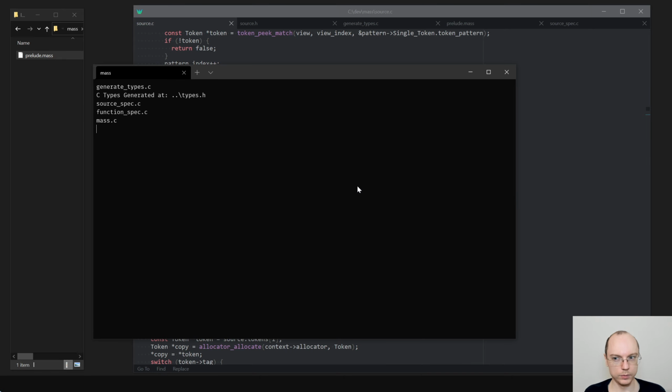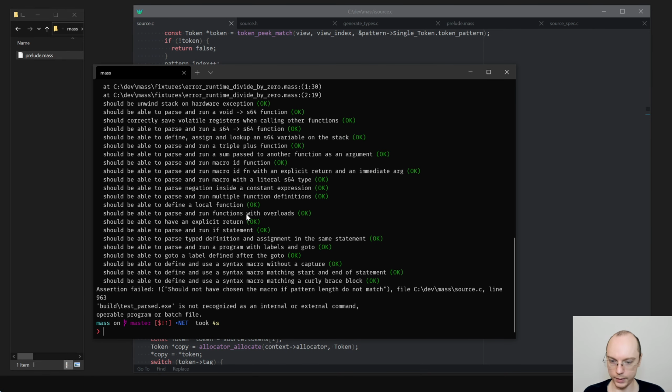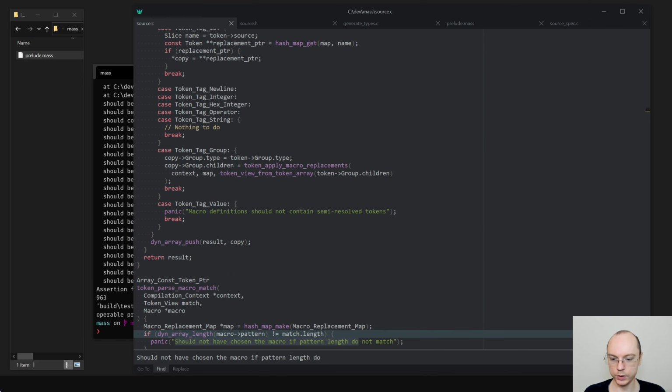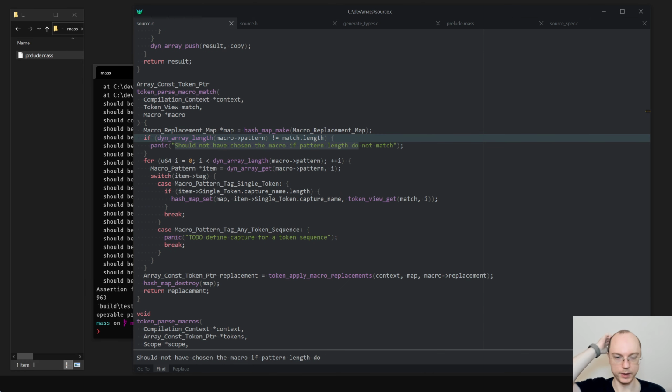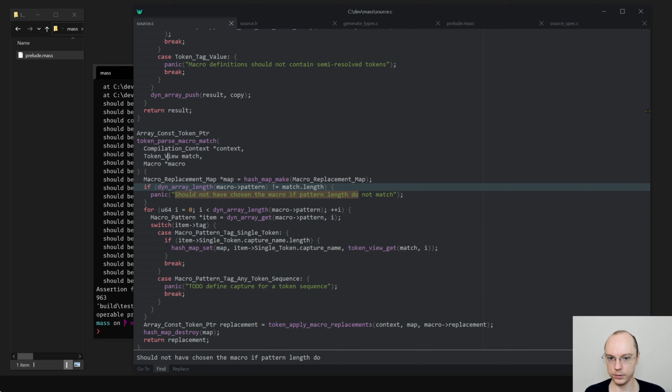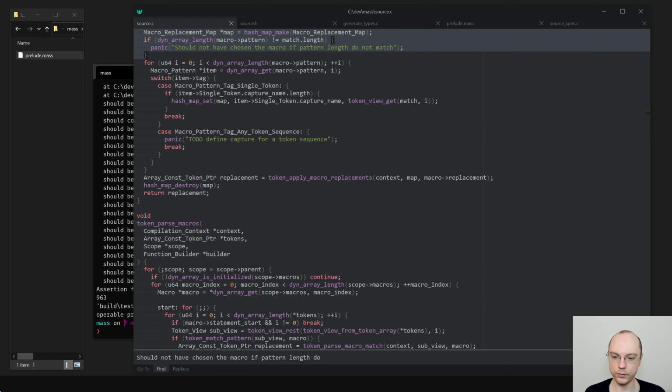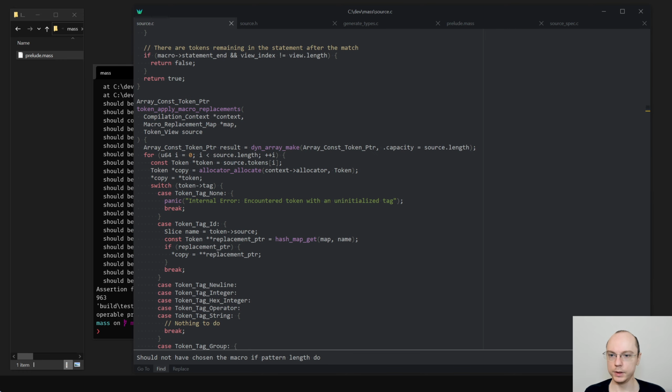Okay. What now? Yes, okay. Now I actually get the error that I was expecting about should not have chosen the macro if pattern lengths do not match. How do we deal with that? So the thing is, we will need to, well, here's actually fine. What we need to do